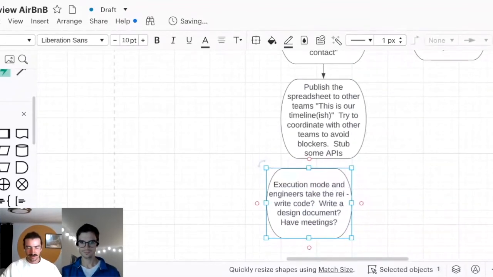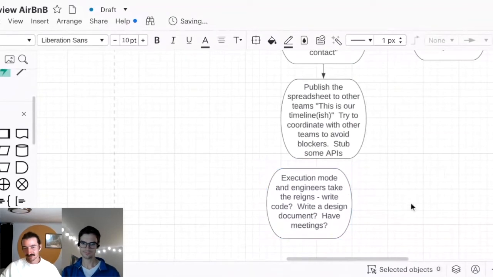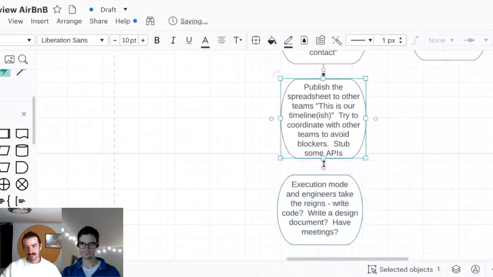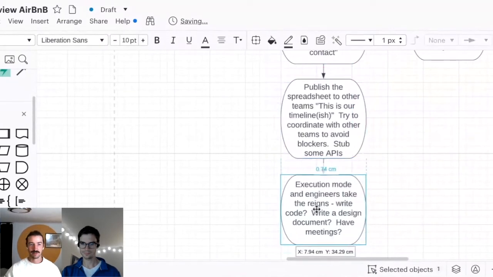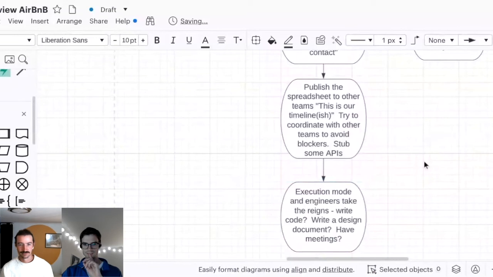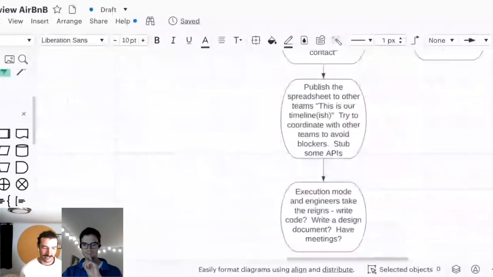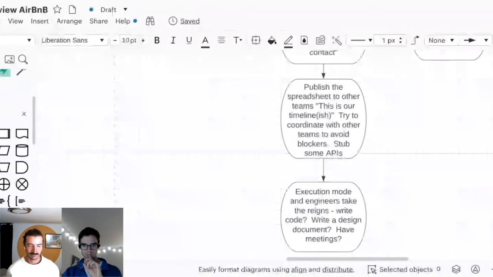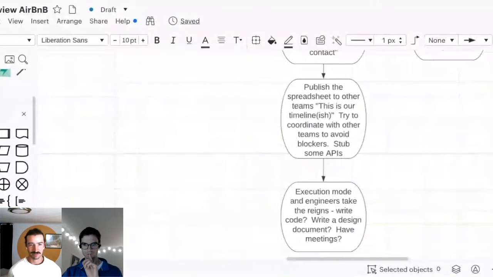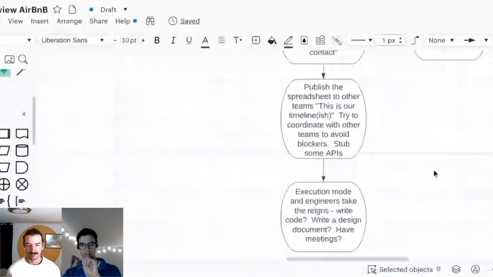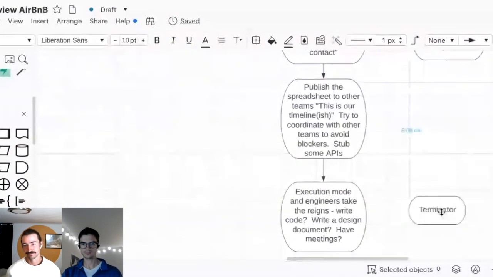Yeah, so the beauty of the spreadsheet, I think, is basically that it gives engineers a lot of leeway to be like, okay, this week I'm doing whatever I need to do for this project. And I think one thing that we were really good at, I mean, we had a great PM, was just letting engineers do whatever. We didn't have too many detailed check-ins about how projects were going once we did this timeline. It was on the engineer owner to let leadership and other teams know if the deadlines were slipping.